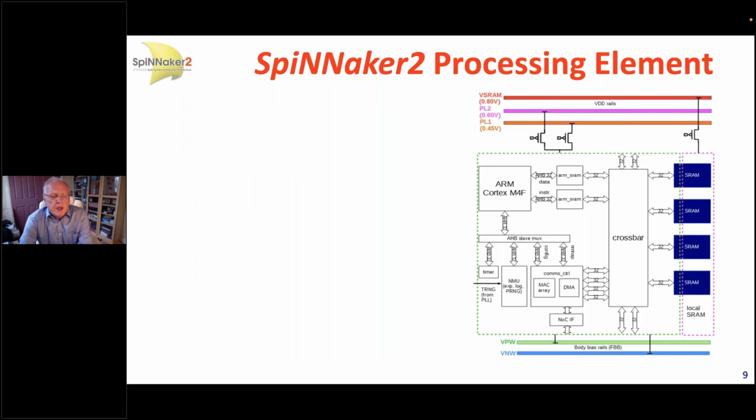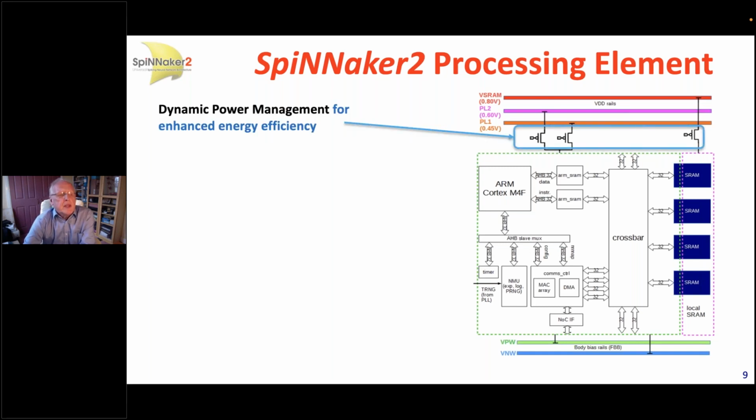In the course of building these machines, we've learned quite a lot about what's necessary to support large-scale systems of spiking networks, and SpiNNaker 2 incorporates a lot of that knowledge into its base technology. So if we look at the processing element, we have very flexible power management. Each of the 152 processing elements can operate at a different DVFS level in each of the time steps. In other words, we can change the DVFS level at 0.1 or 1 millisecond time steps.